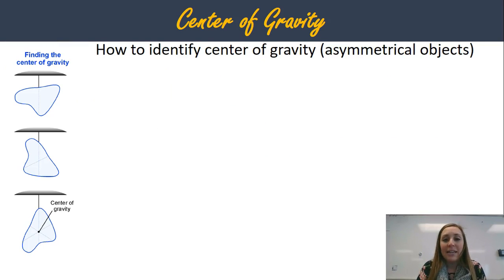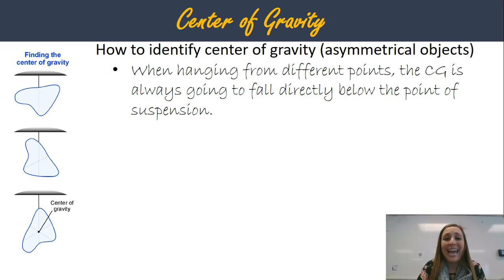So how do you identify the center of gravity for an asymmetrical object? The best way is just to hang it from a string. When hanging from different points, the center of gravity is always going to fall directly below the point of suspension. If you notice, this is a very oddly shaped object, and even though it has this giant area over here,